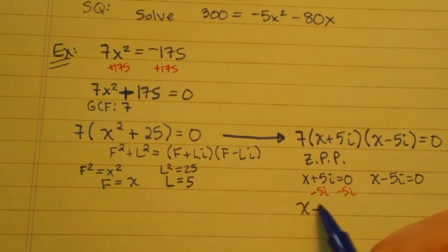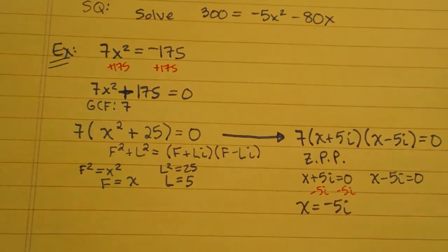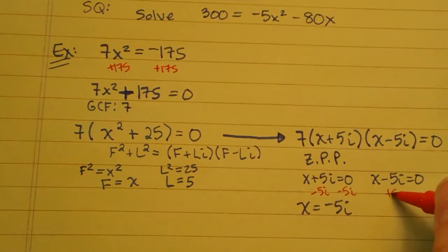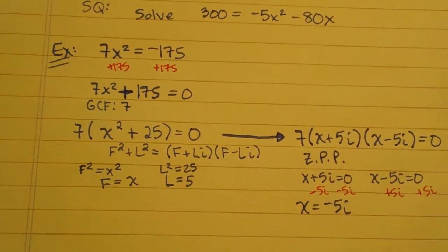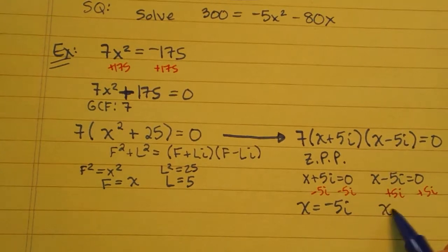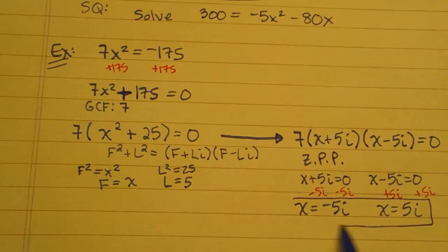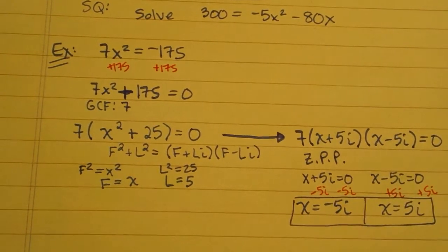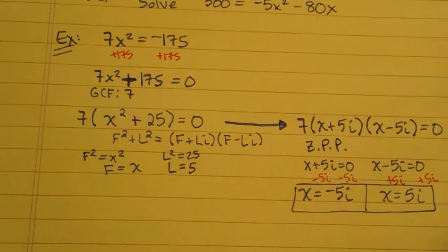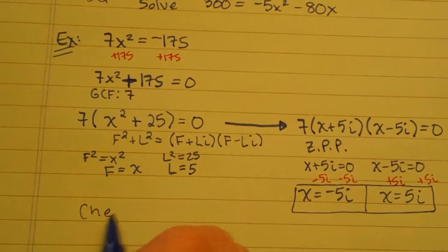So x equals negative 5i. x minus 5i, so I add 5i to both sides, and x equals 5i. And those are my two solutions. x equals 5i, x equals negative 5i. Now we could check those solutions in our original equation